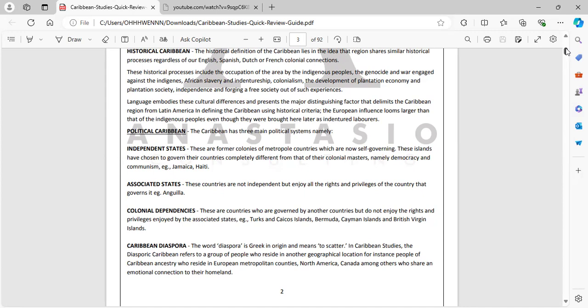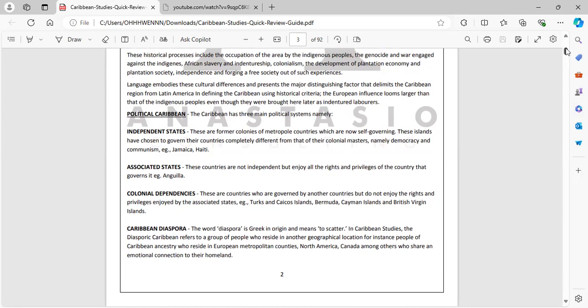I think a limitation of this would have been, which country never went through slavery in the Caribbean? I think every country went through slavery in the Caribbean. But if you can find it, then tell me which country never went through slavery in the Caribbean.